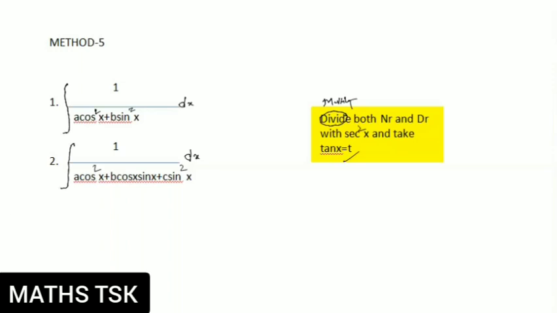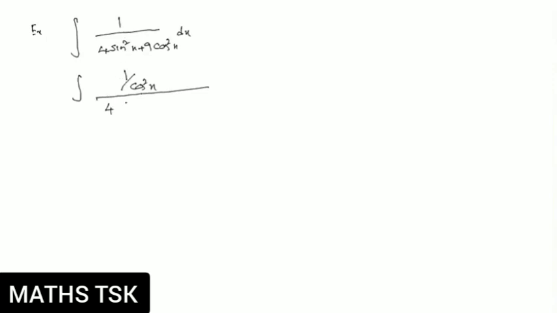Okay, right, we go for the problem. If we take an example, that is integration of 1 by 4 sin square x plus 9 cos square x. How will you do this? If you multiply with secant square x, or else divide with cos square x, there is 1 by cos square x, which is nothing but secant square x. I multiplied the numerator with secant square, nothing but 1 by cos square. 4 into sin square by cos square, and then plus 9 into cos square by cos square. No need to write this step. For our convenience sake, I have written this.